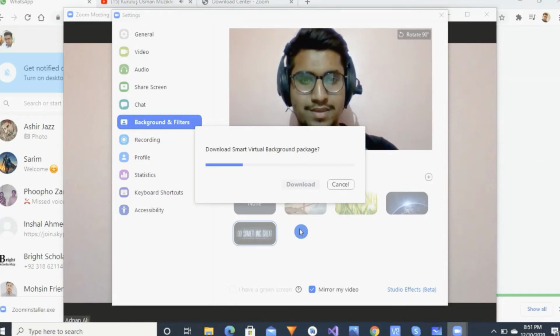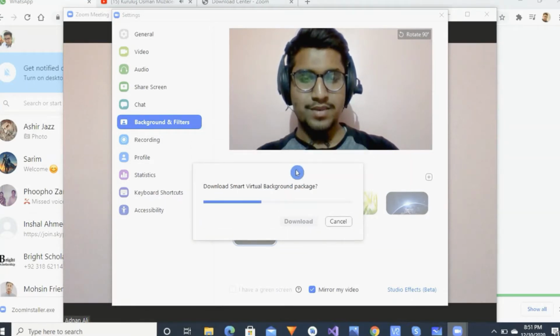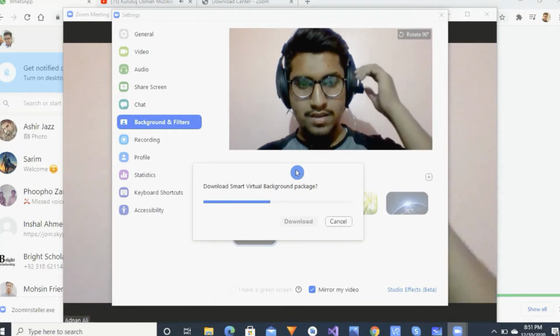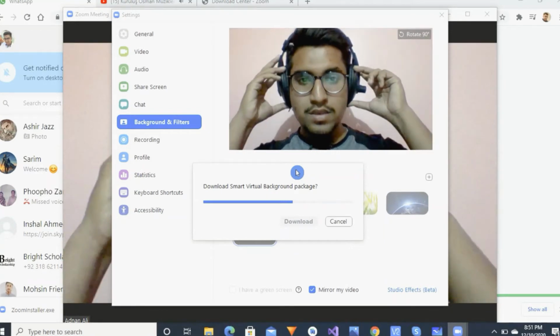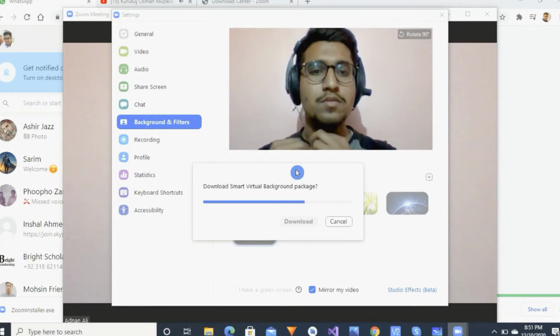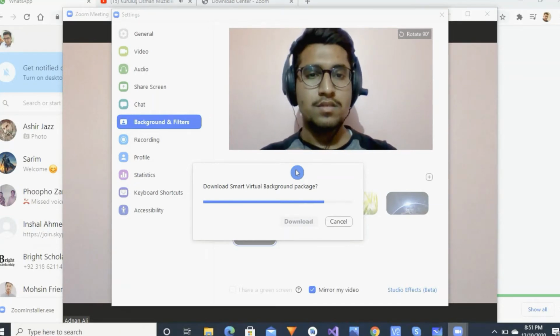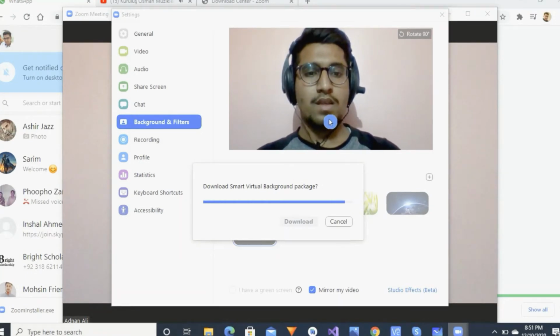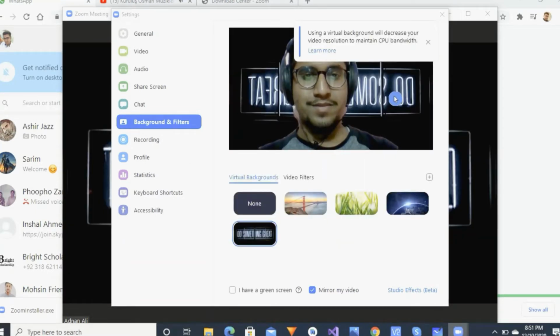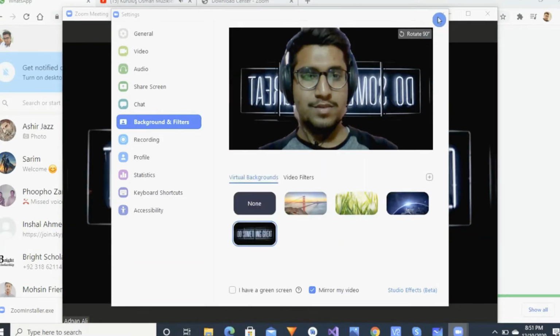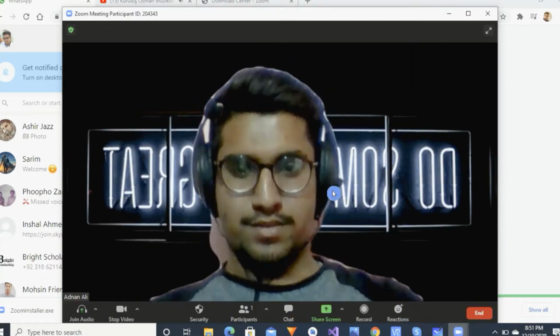You see in my background it's a simple pink color, but I don't like this background, so I downloaded a new background which will attract attention. Now you see a very polished, very attractive background in the back. Our background is fully functional.